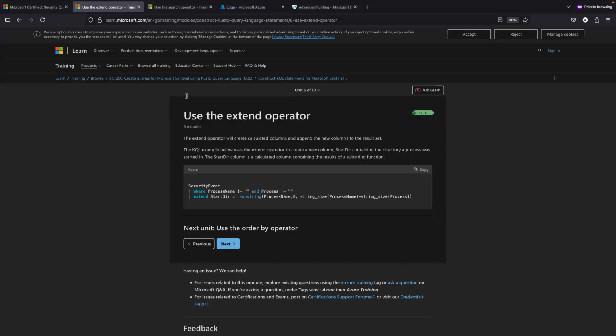So what the extend operator does for you is, if you need to calculate a column and also be able to present it along with the data, then you can use the extend. Here we are looking at the security event table, filtering by where process name does not equal null and process itself is not equal to null. And then we are extending with start date. Start date equals a substring of process. You are taking the first